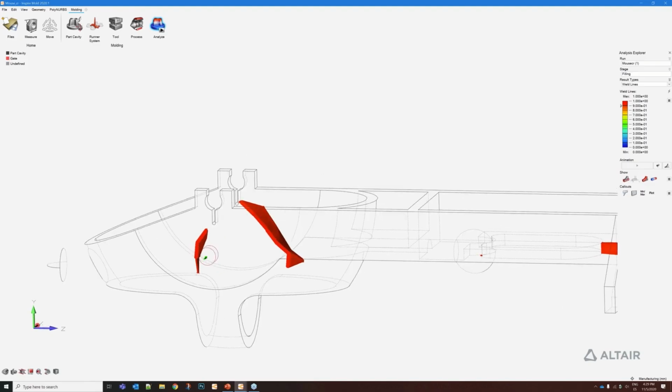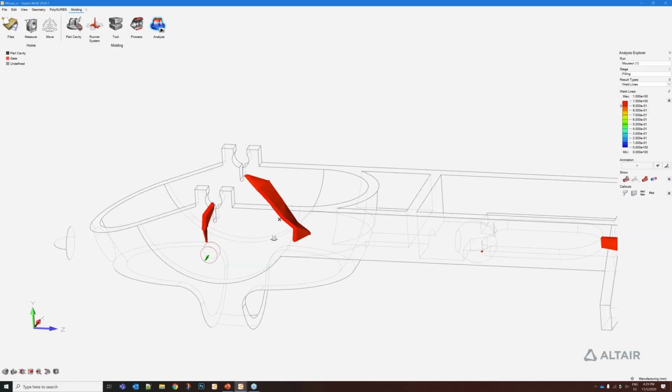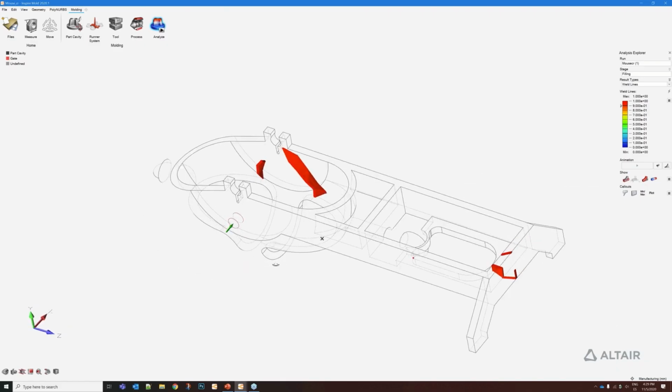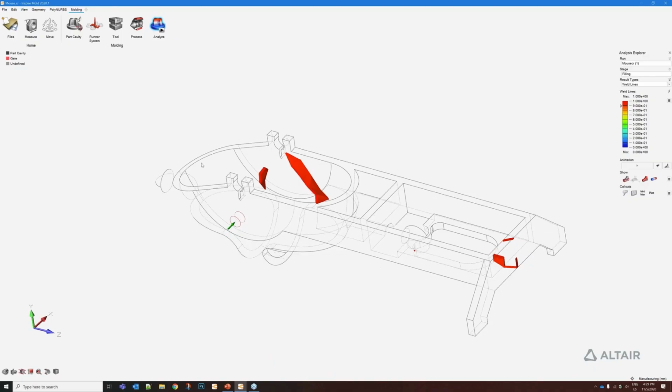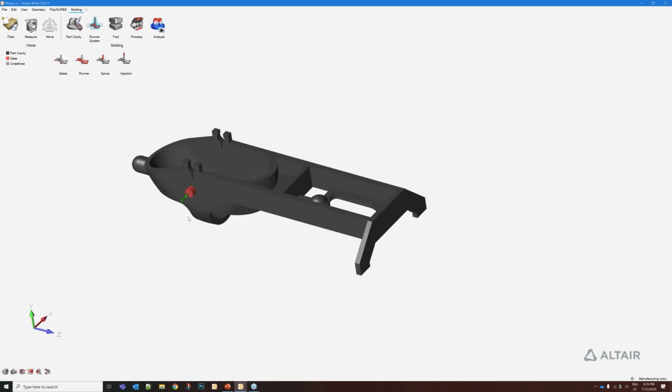So as you can see, we have a weld line that is contacting this point very close to the critical region, so this is not convenient. So what to do in this case? And it can be extended to any part that we are designing. So basically we can go back to the